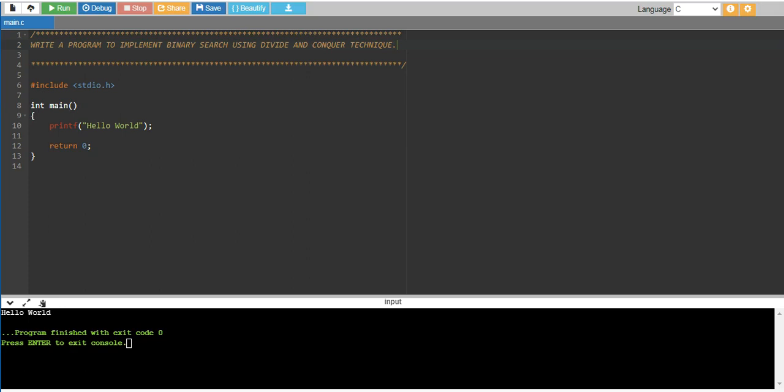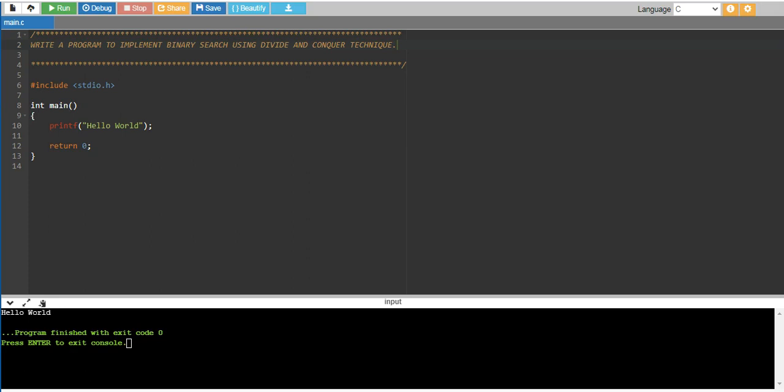It does so by comparing the mid value in the search space to the target value. If the target value matches the middle element, its position in the array is returned, else it discards half of the search space based on the comparison result. This is how binary search works using the divide and conquer technique.